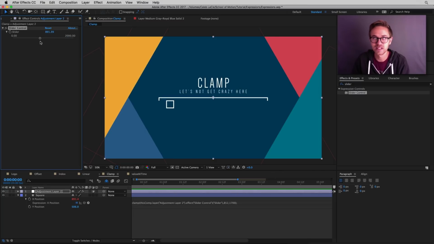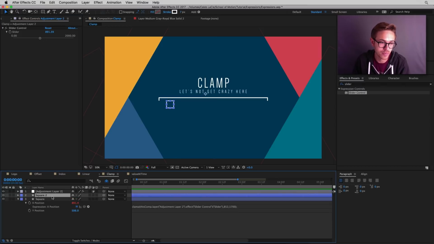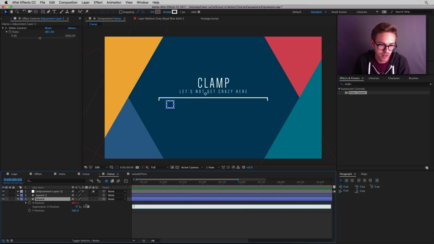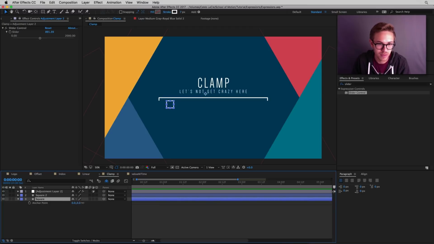Now, there's so many different useful ways in which you could use this. One example would be, let's say we duplicate this layer, and I'm just going to pick whip this new square right there, and then I'm going to move the anchor point down a little bit. Let's say you had a shape animation, but you wanted this top shape to only be bound in this box right here. Well, you could use the clamp expression, and now